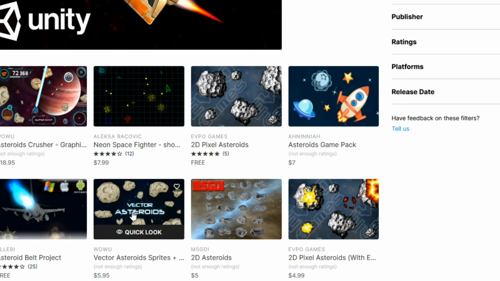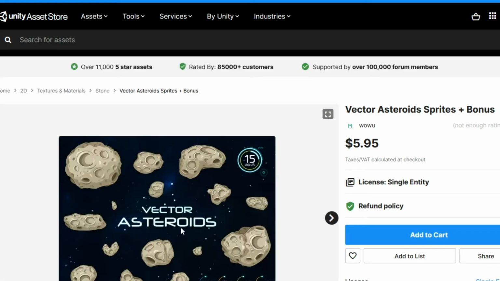But if I buy just these vector asteroids here, which are nothing but sprites, and then I do all the coding myself, and I have a game where I'm a spaceship shooting these different asteroids, and these asteroids are blowing up into these smaller pieces, I've done the code and the work myself. I've just used this asset that I purchased off the Unity Asset Store to help make my game look better, for example. This would not be an asset flip. I've actually done the code and the work myself. And this is essentially what